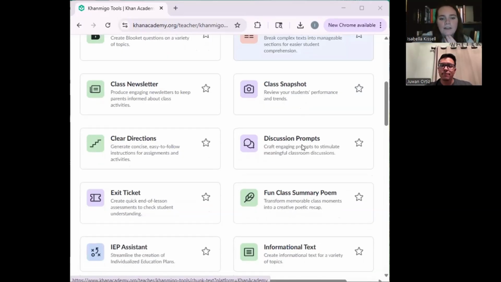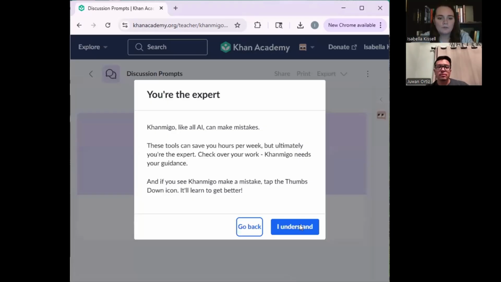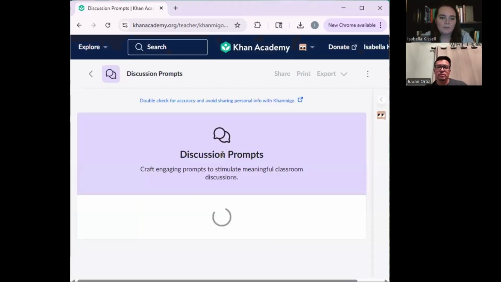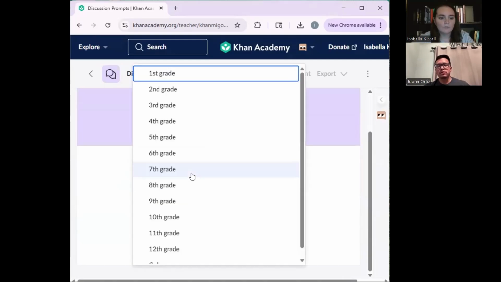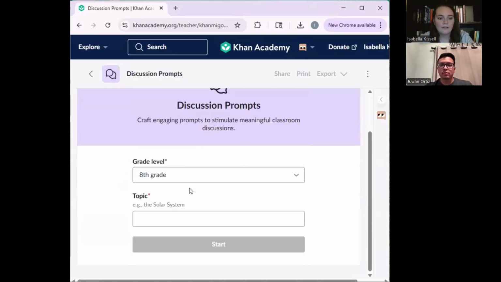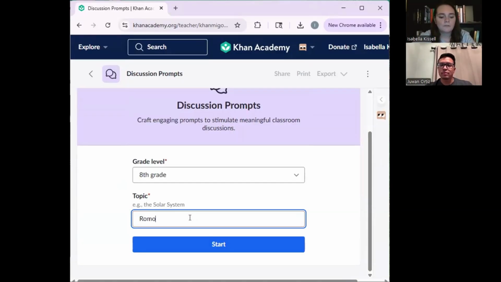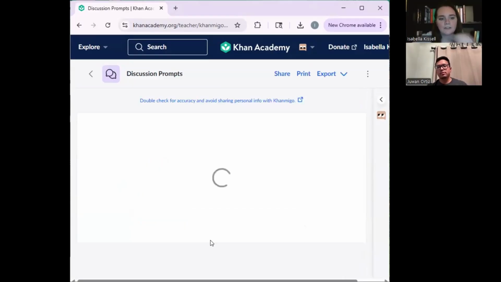Another feature that I liked, but also had some issues with, was the discussion prompts. So it was useful, because it just asks what grade level, and I can type in and click eighth grade, and then we read Romeo and Juliet. And so I can just type that in, and then it'll generate